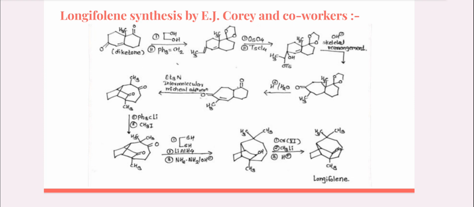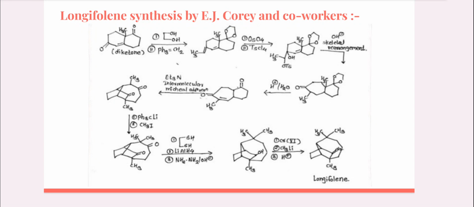In the next step, NH2NH2 is used. This is also a reducing agent, and in the presence of base this is a Wolff-Kishner reduction. So the dithiol-protected carbonyl undergoes reduction, specifically forming a CH2 group at the C5 position. So these are the 3 synthetic steps. The product formed is structure number 8.